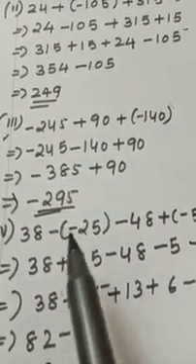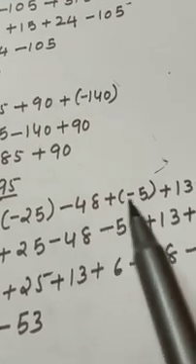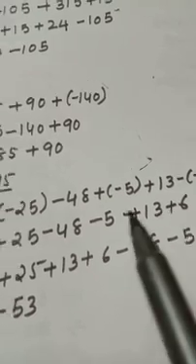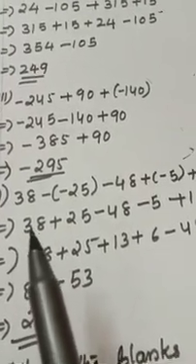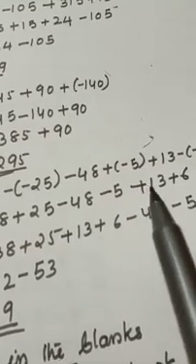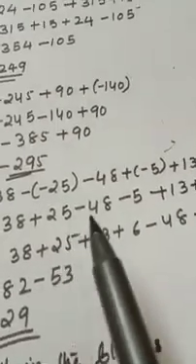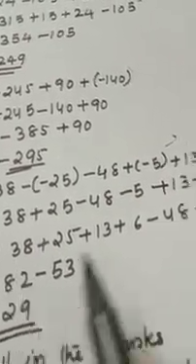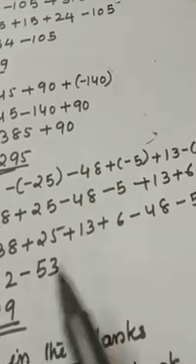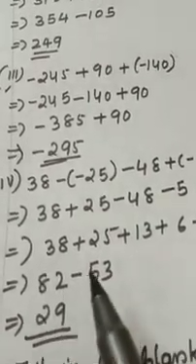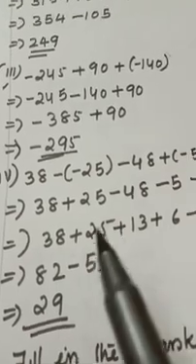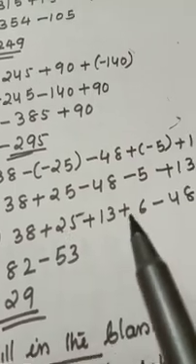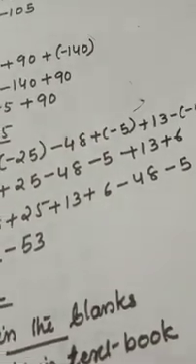38. See, same sign combined to form positive. Different sign combined to form negative. Same sign combined to form positive. Now select same sign numbers. Plus sign numbers I took first and then negative numbers. Same sign numbers, you add it. Here also same sign numbers, you add it and put a common sign. Different sign, you have to subtract and put the bigger number's sign. Children, it is not compulsory that you collect positive numbers first. You can collect negative numbers first also. After that you collect positive numbers. Okay.